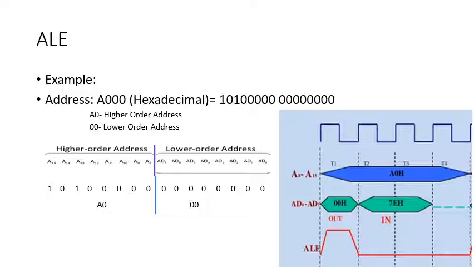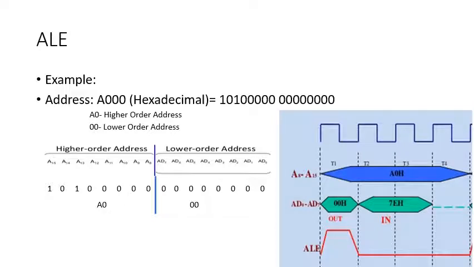It is the control signal ALE, to be sent by the processor at the appropriate time, that indicates the operation of this 8-bit multiplexed bus, whether it will be used to send the lower order 8 address bits or the 8 data bits. How is it indicated? Making ALE high, the multiplexed 8-bit bus will act as address bus, while making ALE low, the same 8-bit multiplexed bus will act as data bus.